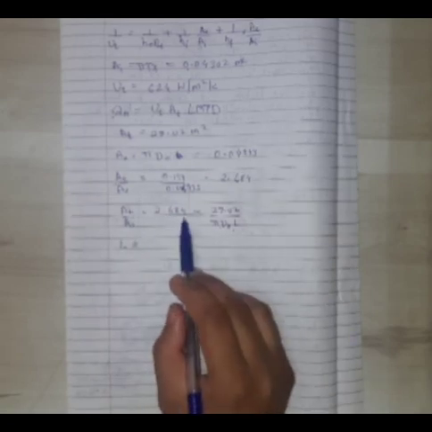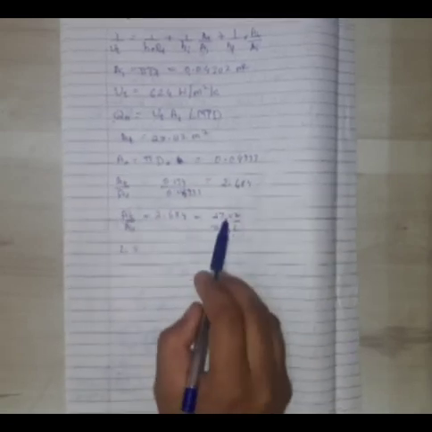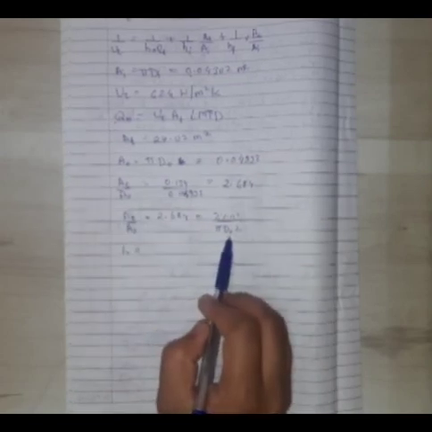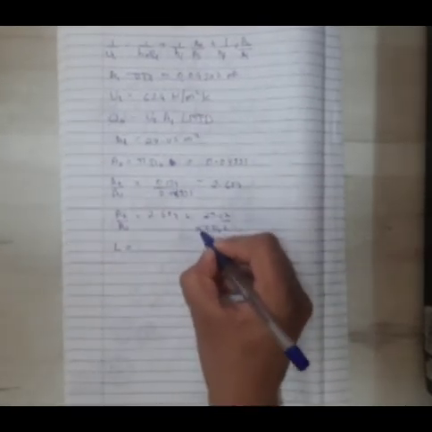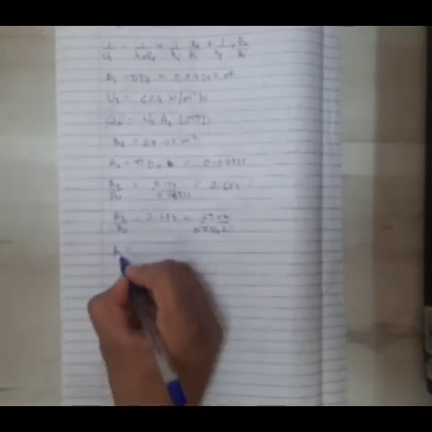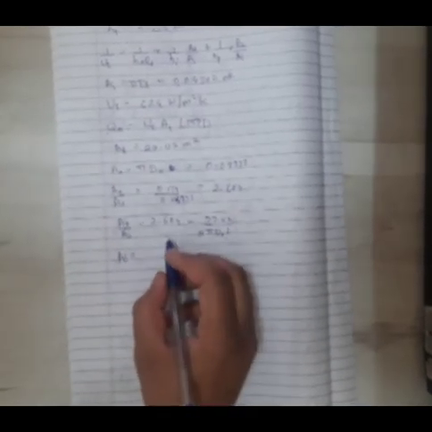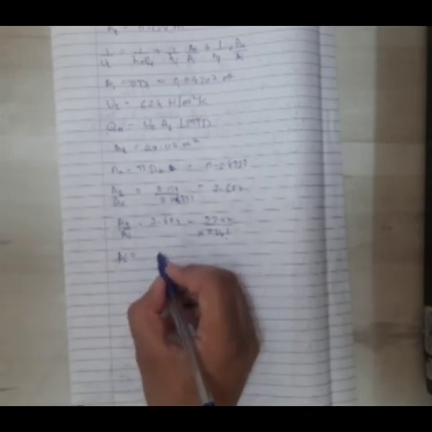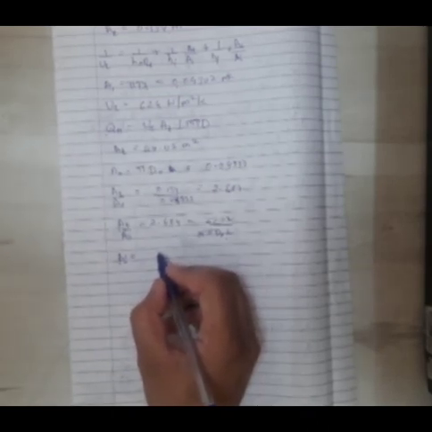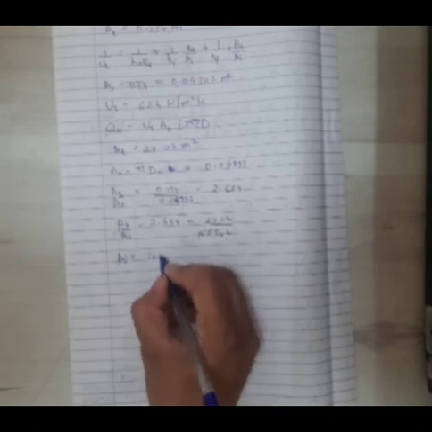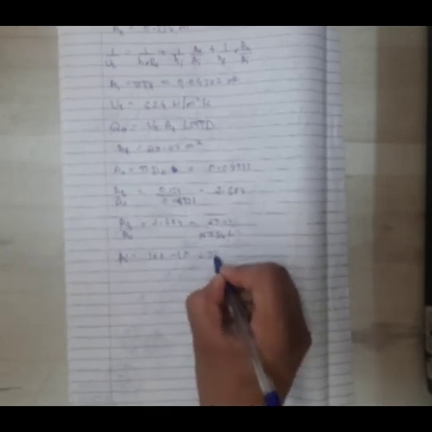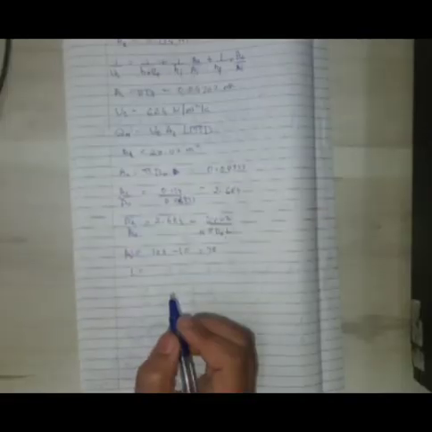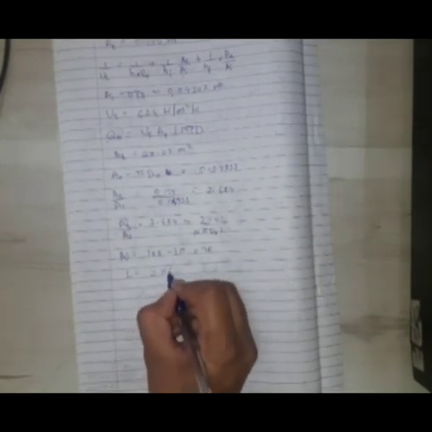So we can write this total area by pi dO L. There is a certain number of tubes, so we are supposed to multiply by n. That n is given: there are 108 tubes, and 10 tubes are for condensation, so there will be 98 tubes here. So L will be 2.06 meter.